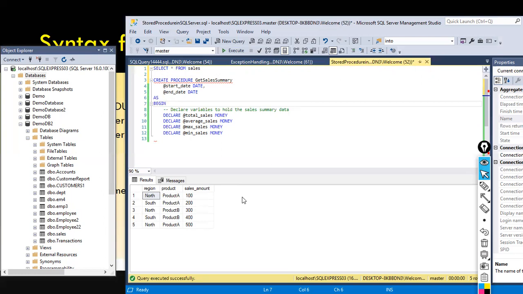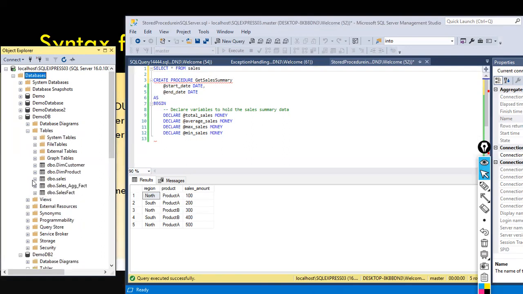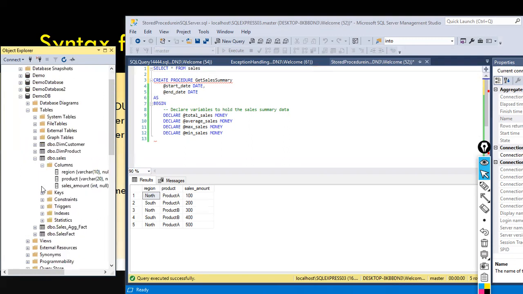Okay. Instead of writing, for example, if you look here, in this case, what happened? I created a procedure, get sales summary, with start date and end date. I have used the start date and end date. In this case, okay, this is not the table. One second. Let me just check the demo DB tables. This is also not much helpful. Specific date, we can filter it. You can use a specific date and then you can filter it. That way also you can